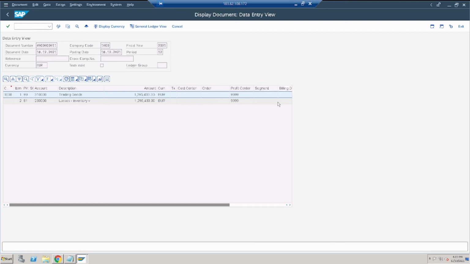So as I know, obviously the stock account, that means BSX, has been credited and GBB has been debited, but I will show you by changing the layout also.